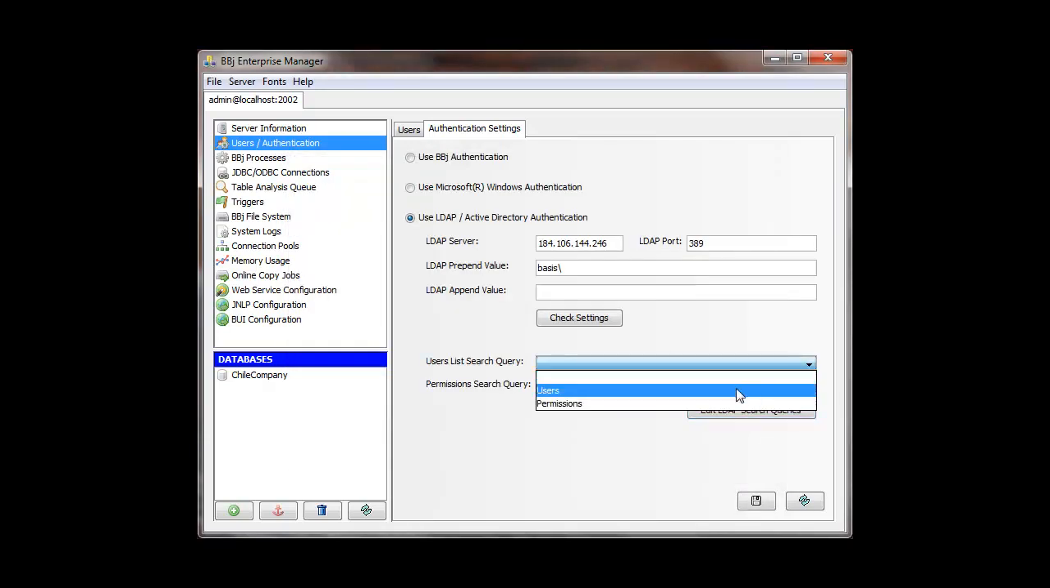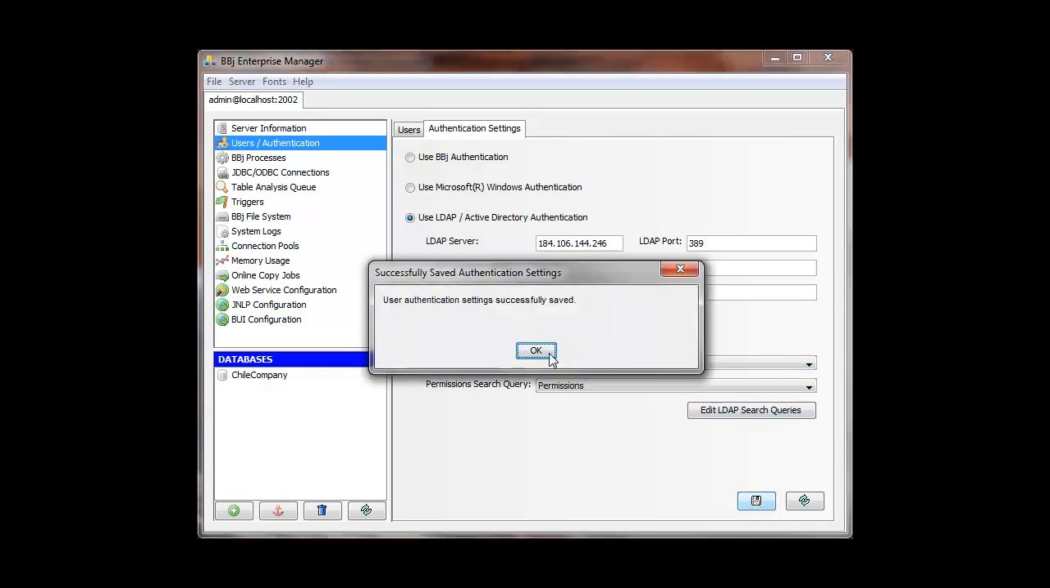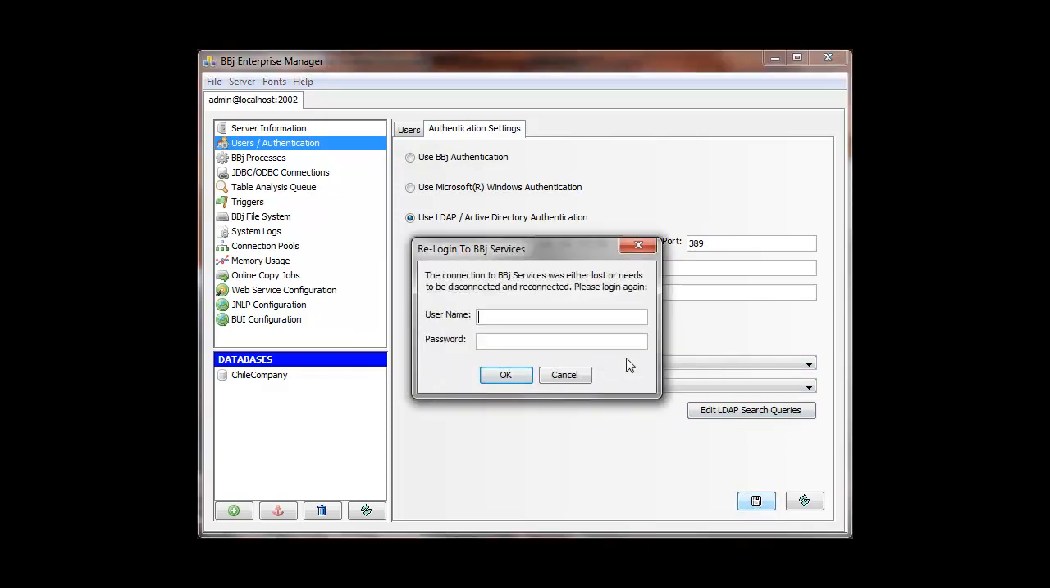It is, and so we're going to select those queries, the users one for our user list search query, the permission search query, and then we're going to click the save button. That saves our settings. Whenever we make changes to the authentication settings here, it's going to ask us to log back in,